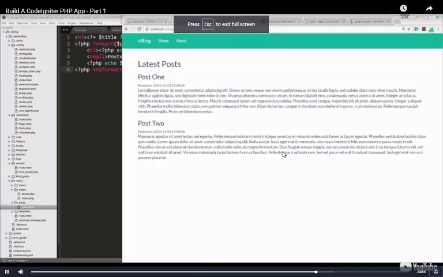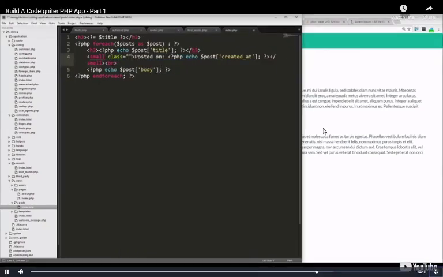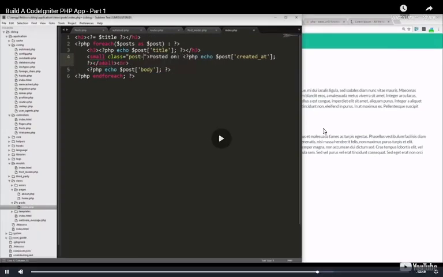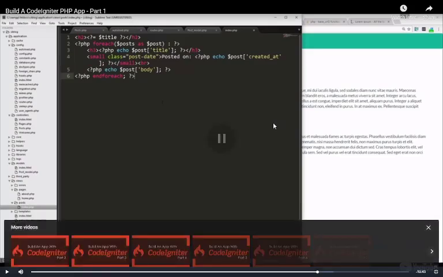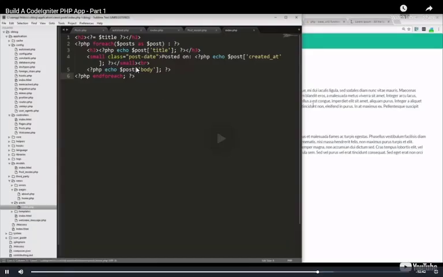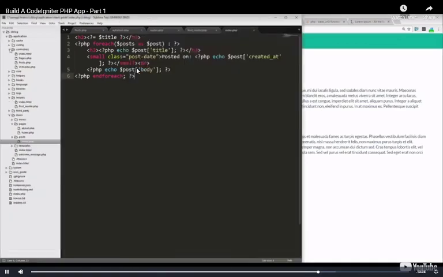Alright, and for the date, I'm just going to wrap that. Let's give it a class here, and we'll just say post date. Now I want to be able to add custom CSS. So let's create a